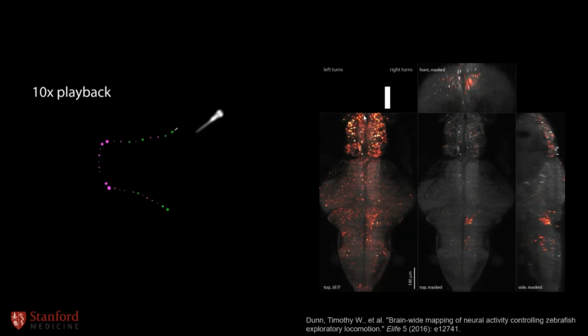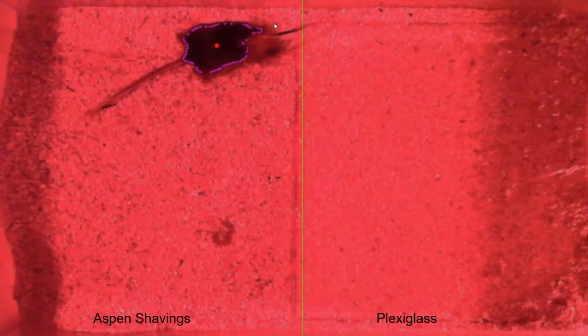What's also really nice about these guys is that they're in water. So if you put your ultrasound transducer in the tank, you're already directly coupled to them. And they don't have any bone, it's all cartilage, so there's not going to be a whole lot of reflection of ultrasound. If you got a really high frequency ultrasound transducer, you could potentially start to target little regions within this network and look at brain-wide responses. So I think there's a lot to be done with zebrafish. There's really not a lot out there yet, but I've heard a lot of discussions about all the great things that can be done. Okay, so let's start in with mice.